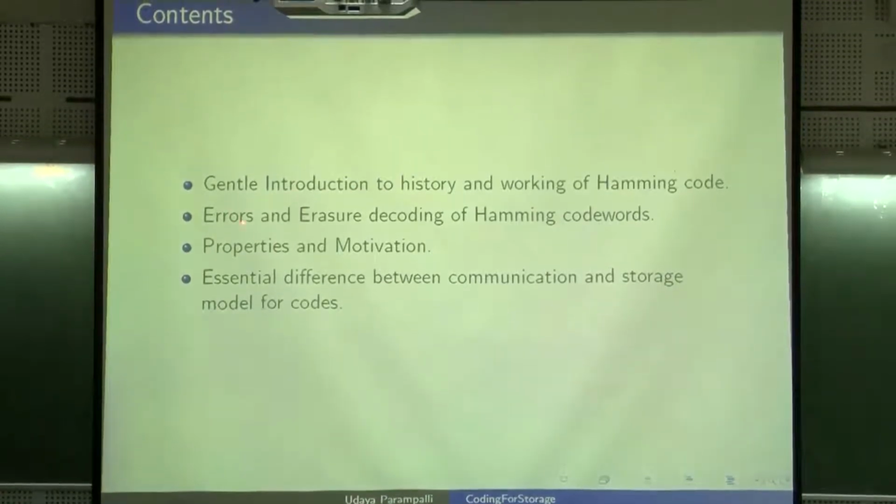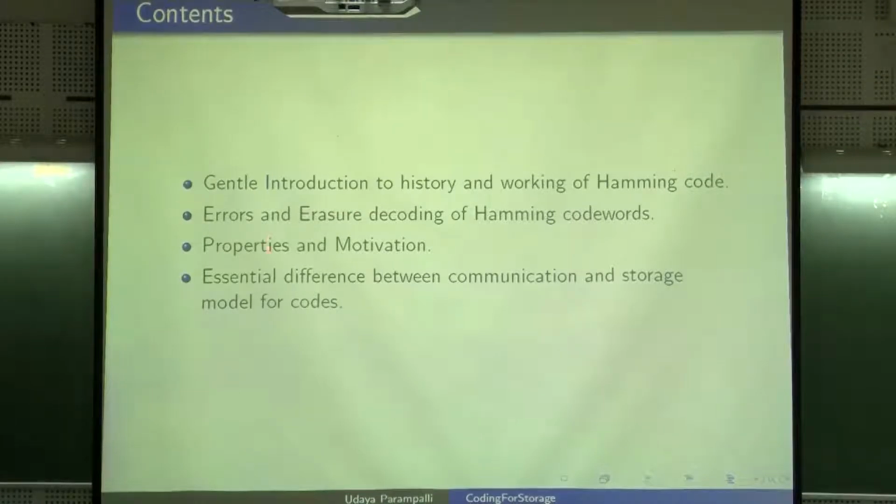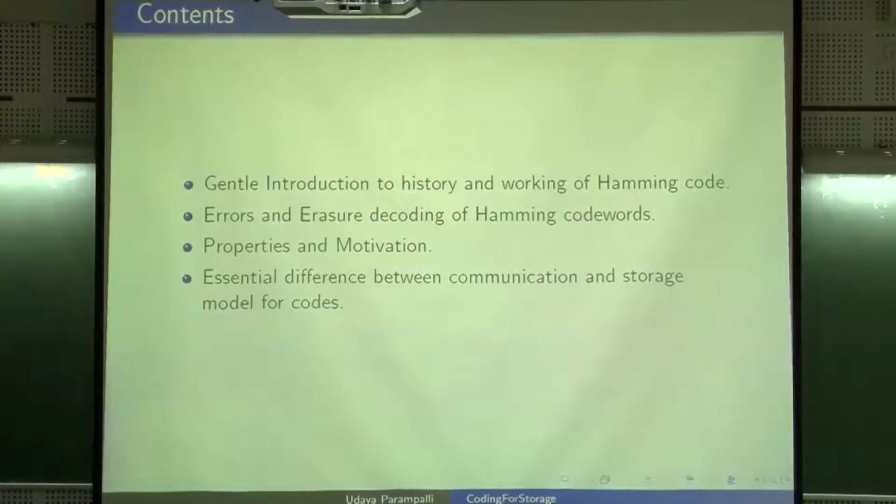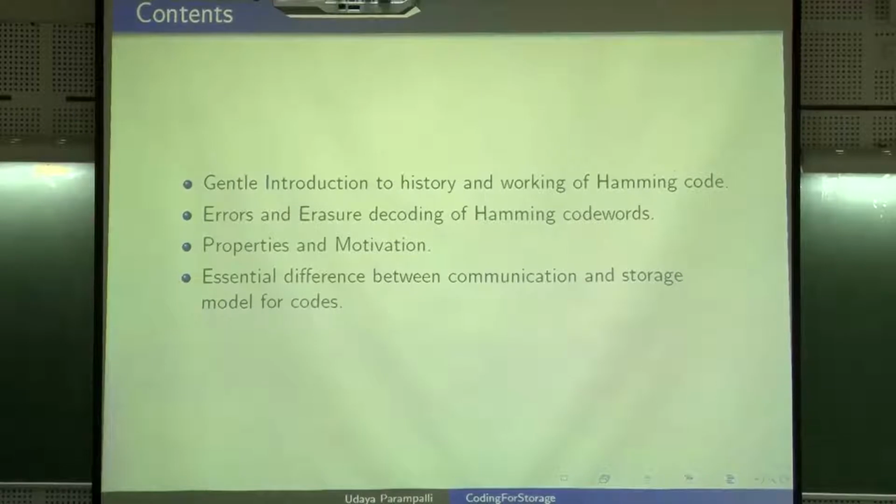Let's say the contents will be errors and erasure decoding of Hamming codes. That way, what error and erasure mean becomes pretty much clear, along with some properties and motivations, and then I'll come back to the general model. These are all fundamental parts of communication theory. So what is really so different in storage, with the same coding concept? Having a different view of approaching this problem can throw more light. I don't claim it as a new contribution or something,